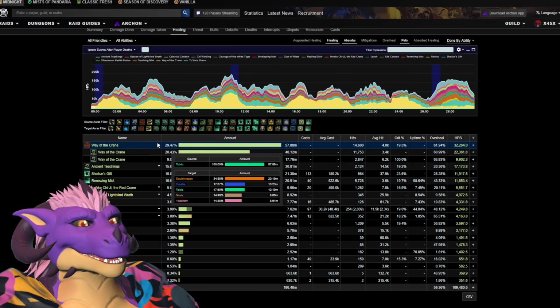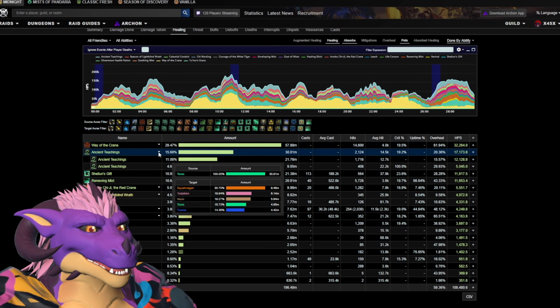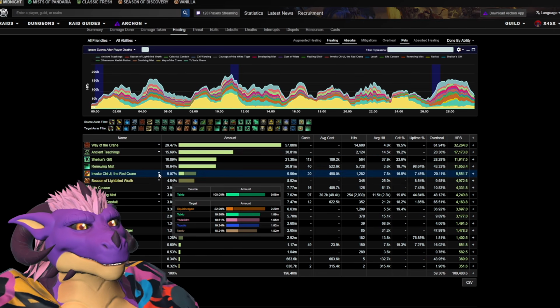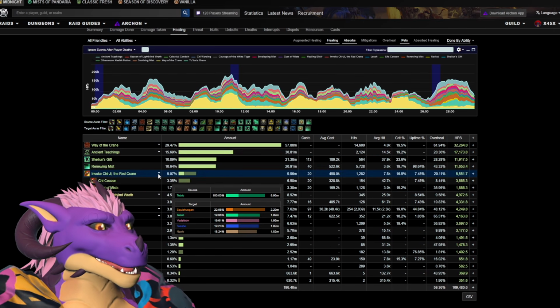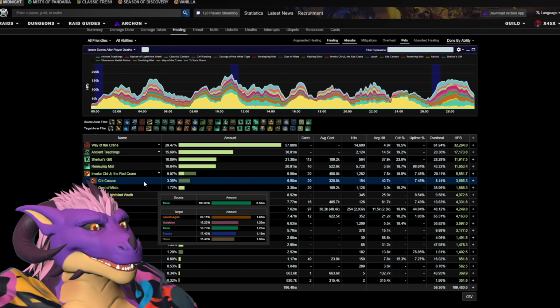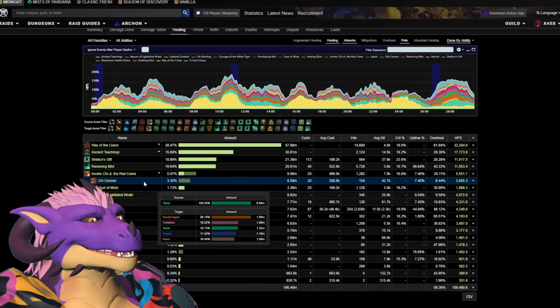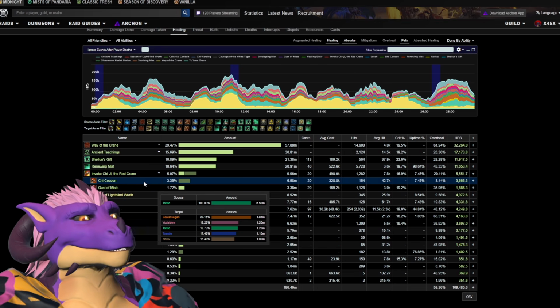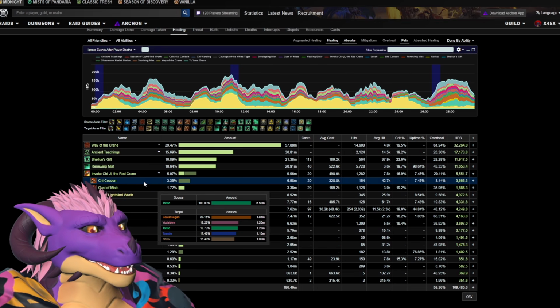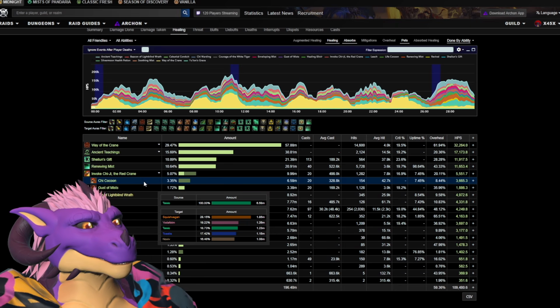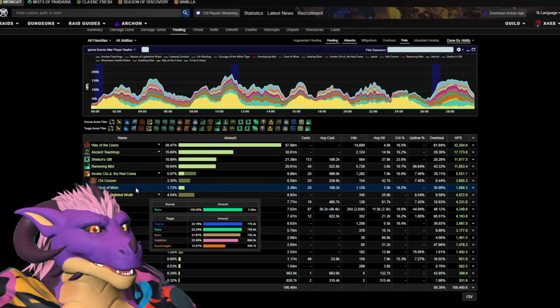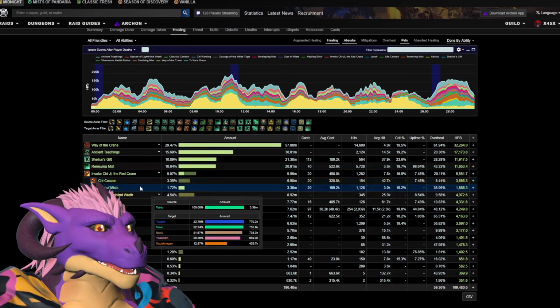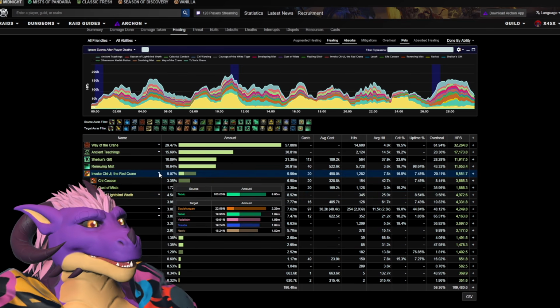So I know Way of the Crane, we can drop down to see various things like Ancient Teachings, what parts of Ancient Teachings are going off. This is a little more useful if we look at Invoke Chi-Ji, our 1-minute cooldown or 2-minute cooldown. Chi Cocoon actually did a lot of the work here. That's the little shield everyone gets when you pop Chi-Ji. So good to know that that little bubble is doing a good amount of work in its own right as well. And the Gusts of Mist are certainly helping too. So this is a pretty nice 1-minute cooldown, and I can see what parts of it are doing work for me.